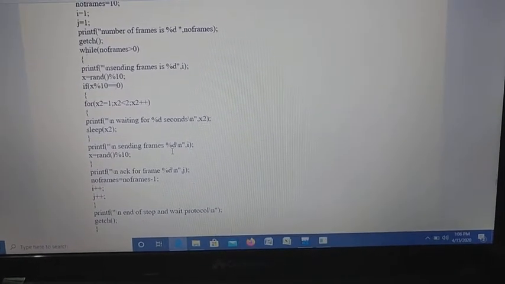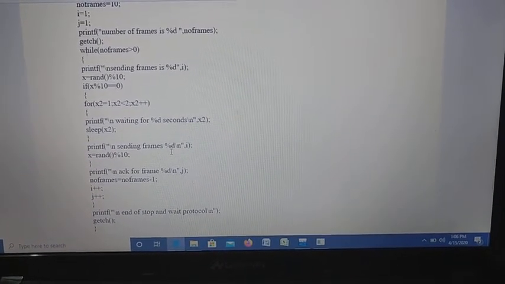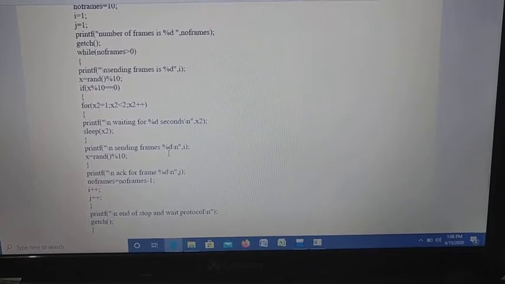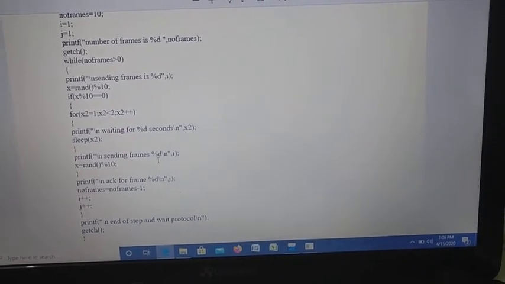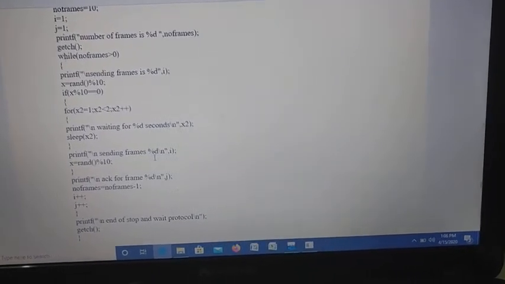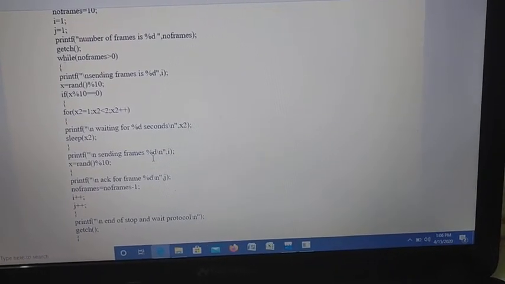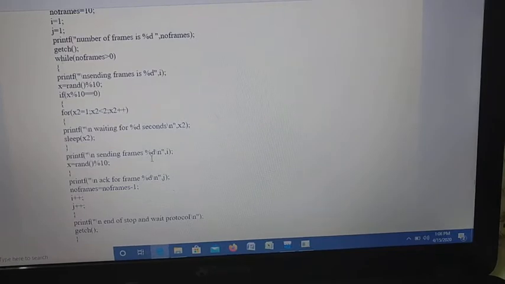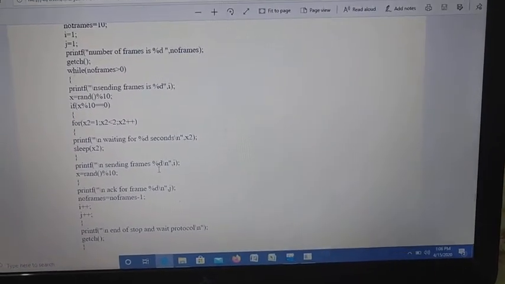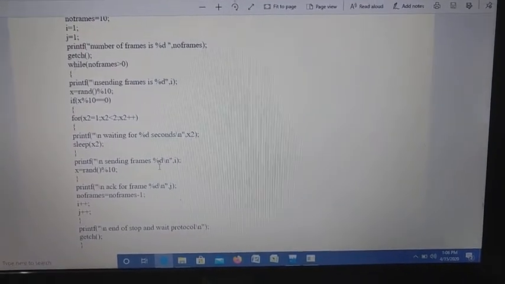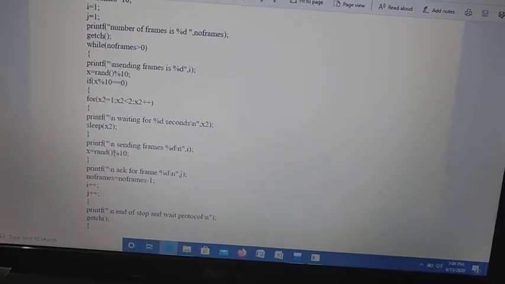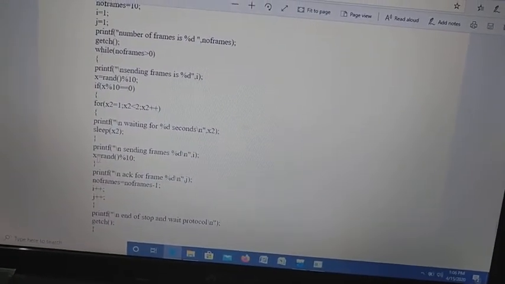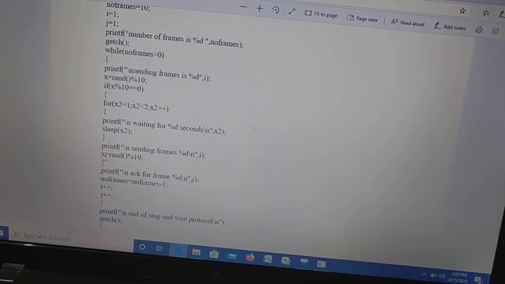The i value was 1 and you have not incremented the i value anywhere. So sending frame 1 is going to be printed. Then x equal to random, again the random function is going to return a pseudo random number. That pseudo random number modulo 10 will be saved in x.